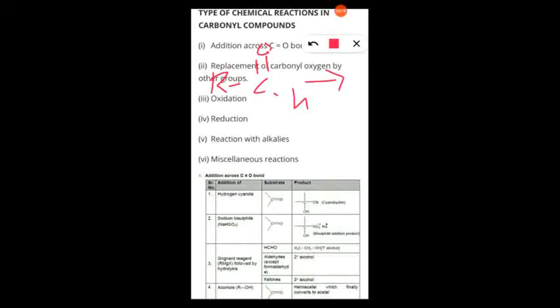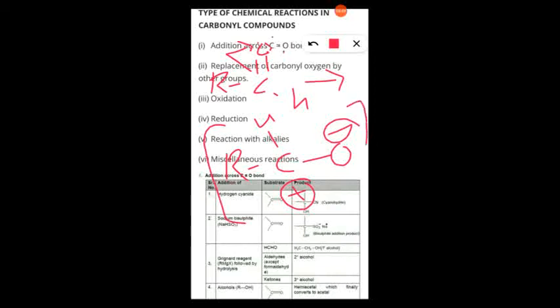Here the reaction takes place in such a way, this is electronegative oxygen. Due to the polarity, it attracts this pi bond to the oxygen because of high electronegativity, so that there is a formation of RCO with negative charge, hydrogen and carbon with positive. Because of this, the bond is shifted to oxygen. So this is the resonating structure of aldehyde. So aldehyde can be represented by this structure because it also contains a pi bond. So here this is the structure of this.